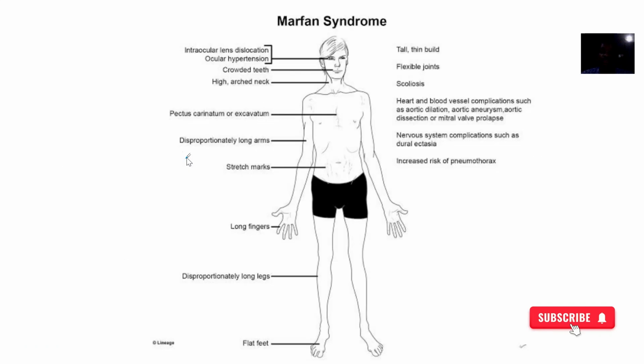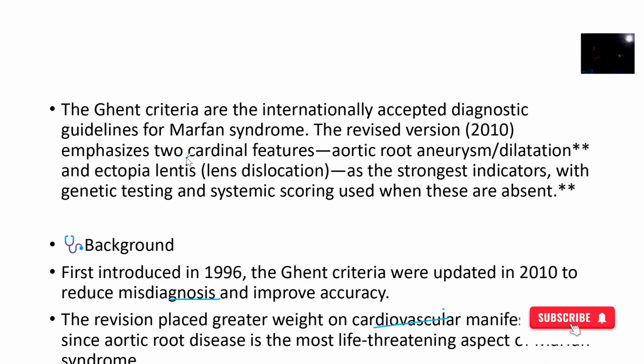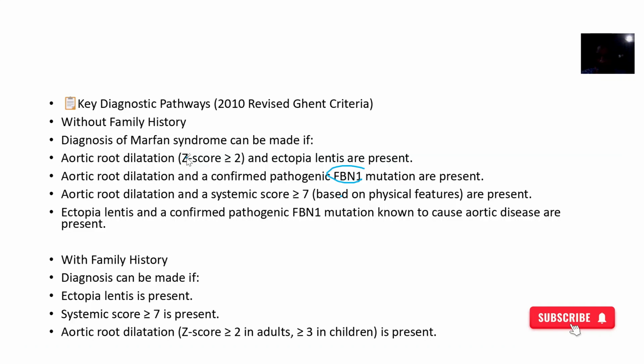Physical features is what is in this picture. The signs and symptoms: disproportionately long legs, disproportionately long arms, pectus carinatum or pectus excavatum, stretch marks, arm length greater than body height. Okay. Then also, if there's ectopia lentis and a confirmed mutation in the FBN1 gene,